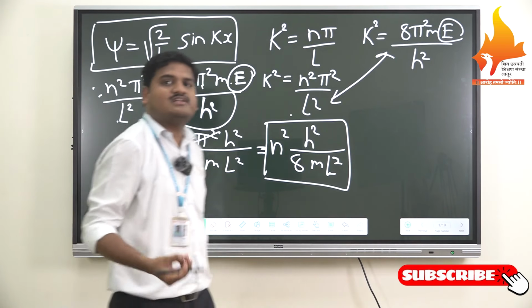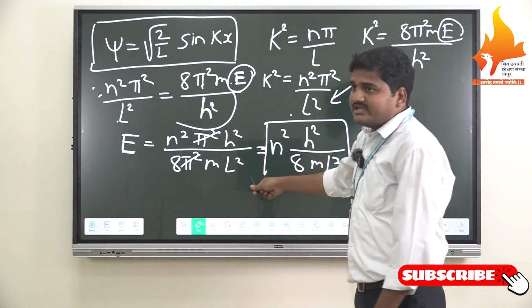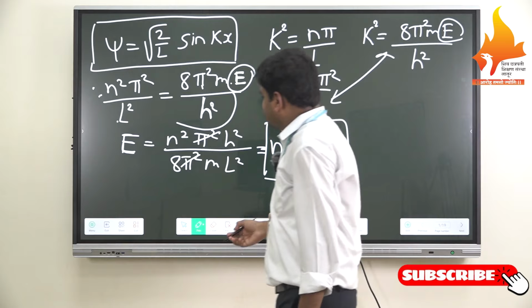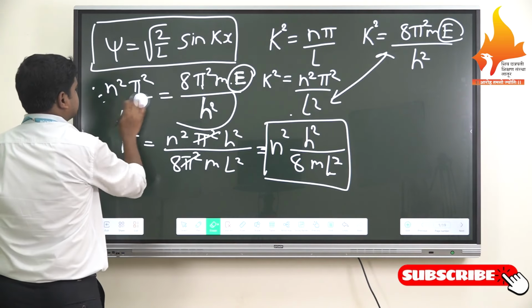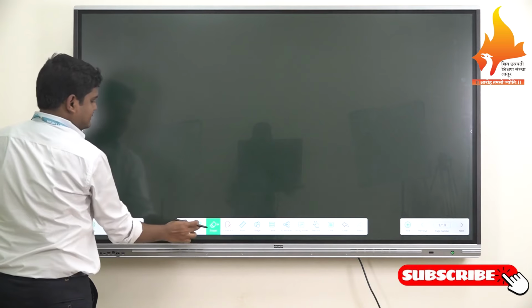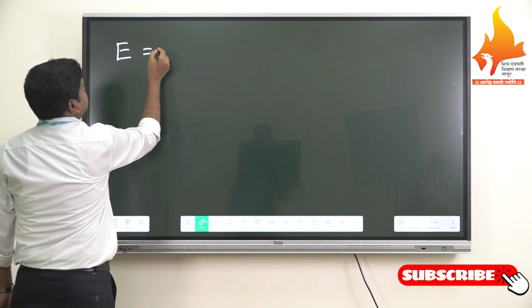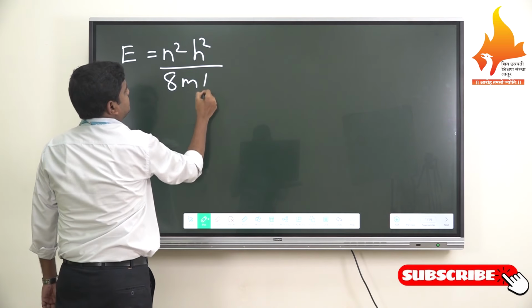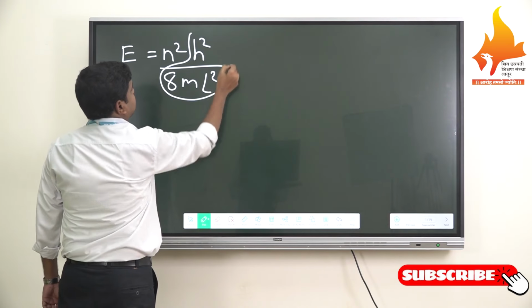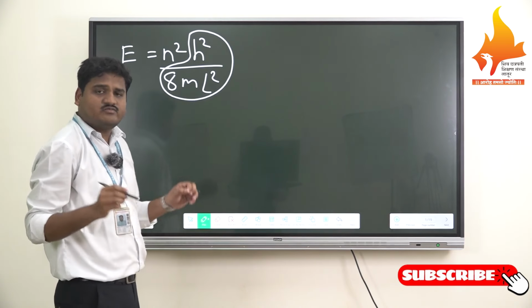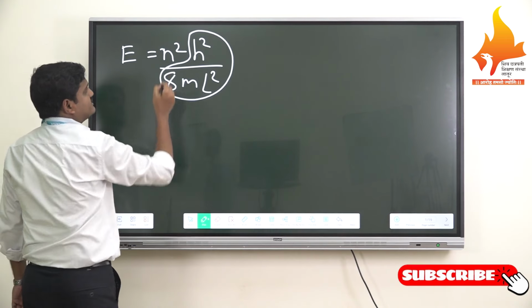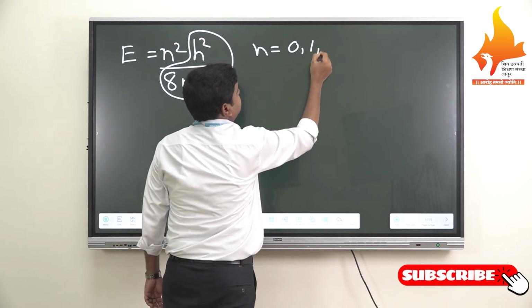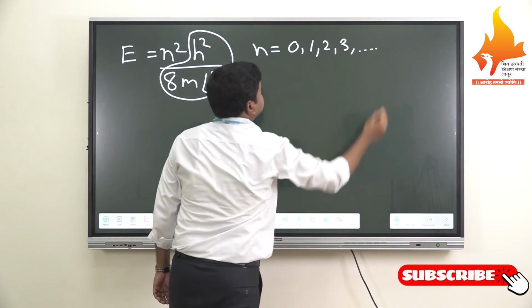In today's lecture, we have learned about the energy for the particle in a 1D box and the normalized wave function for the particle in a 1D box. So we can definitely say energy levels for this. Students, we have to find the value for E, that is n²h² divided by 8mL². This term will remain constant as the particle only exists at one position. So we just have to put in the values for n. The n is the quantum number. So we can put 0, 1, 2, 3, and so on.